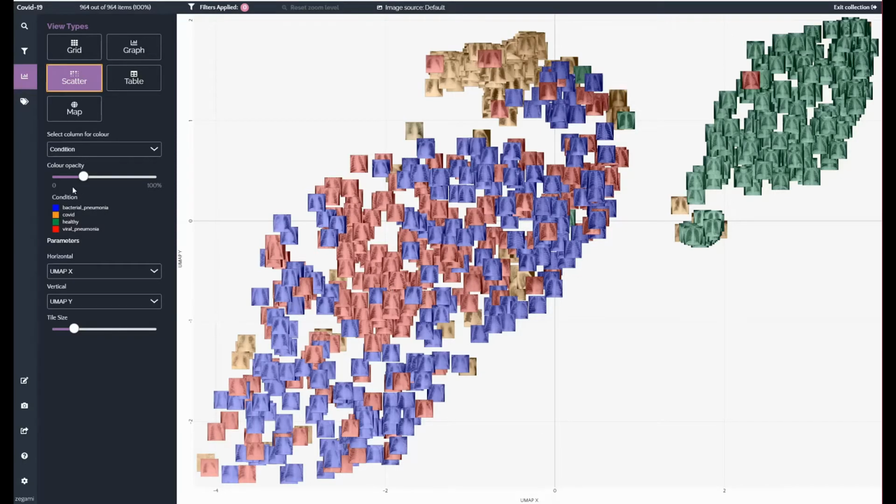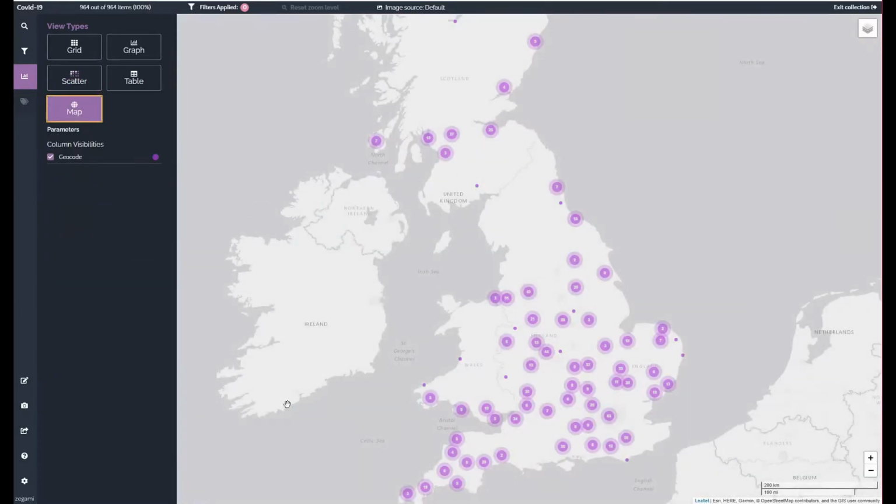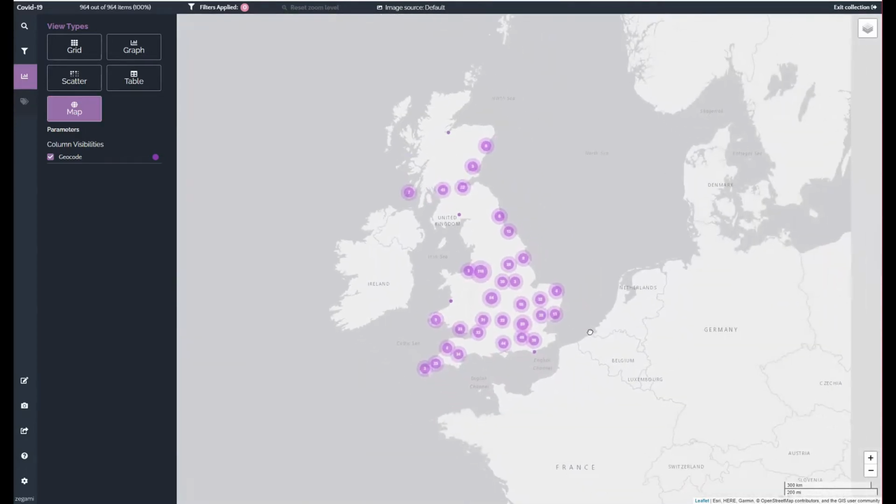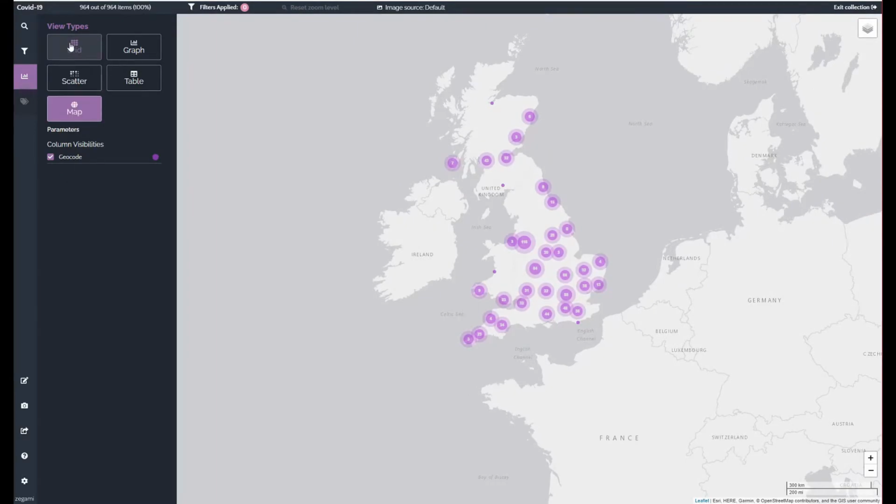Before we go on, it's worth noting that there are several different views available for your data. This is just a scatter view of our clustering algorithm, but you could map any parameter that you have available to anything else and see how they stack up. We have map view, so if there's a geolocation associated with each image, then we can render them on a map. So if we jump back over to grid view,